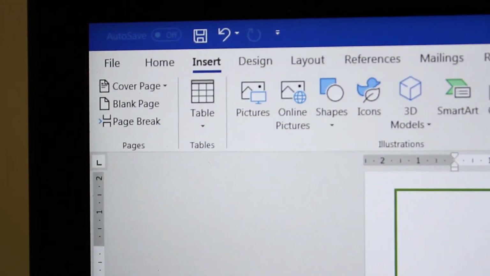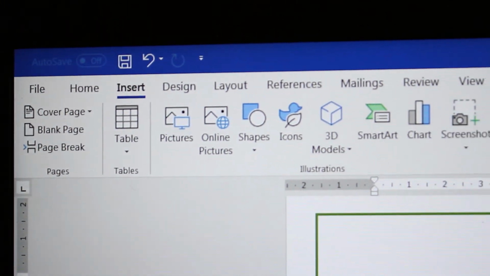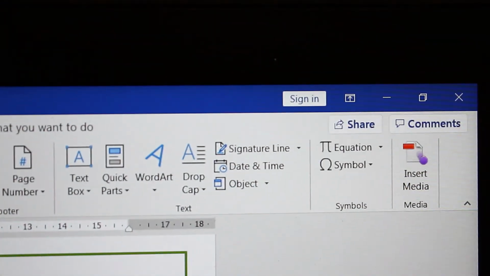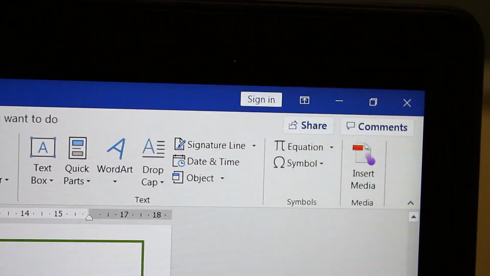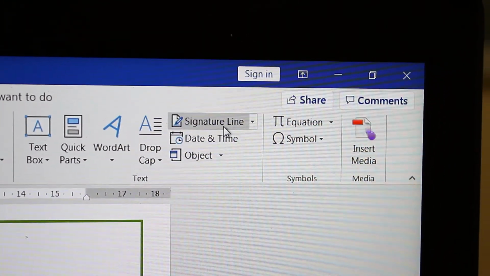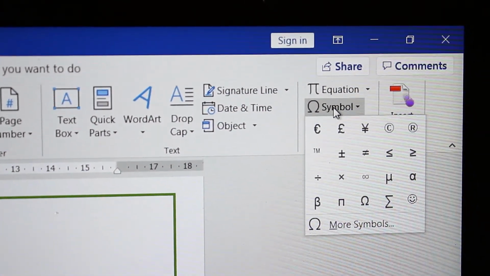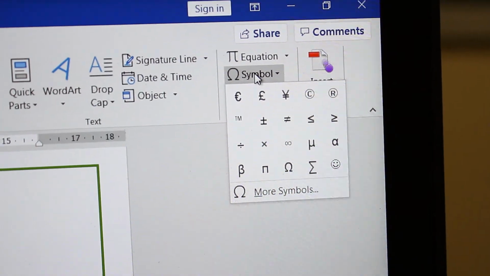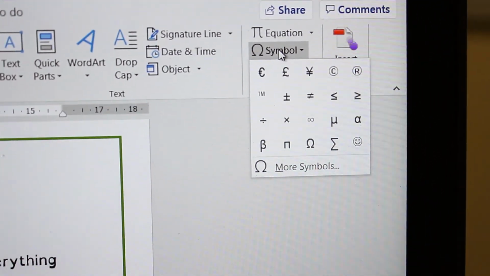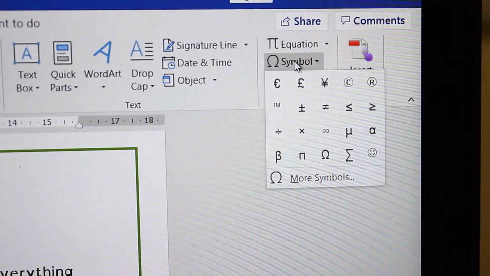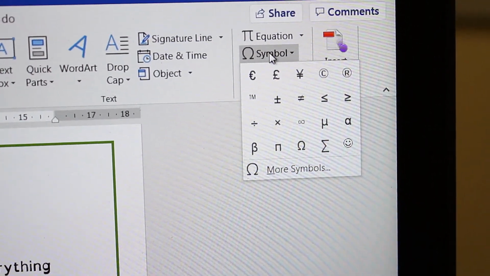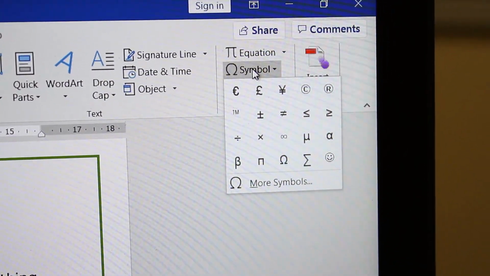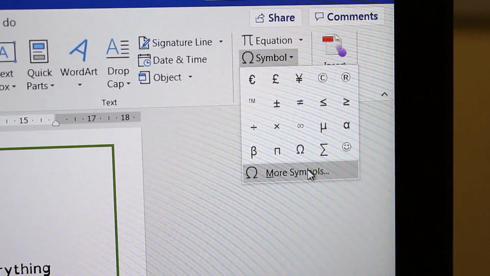Alright, let's say you're a mathematician, or you're really keen on the Greek alphabet, or you really just like symbols in your documents. Well, I've got news for you. Good news. You can insert symbols. Now these symbols are generally symbols that aren't on your keyboard. You can also add in macrons this way. So if you're writing your document in Te Reo, and you need some macrons above some of your vowels, this is how you do it. You go insert symbol, and you'd go more symbols,